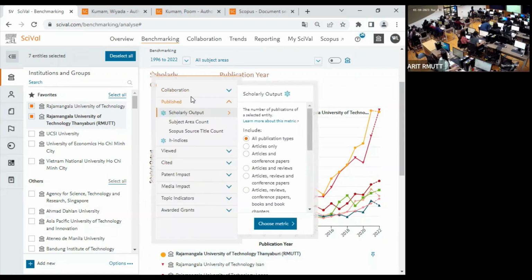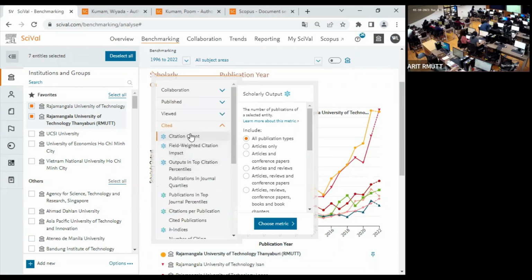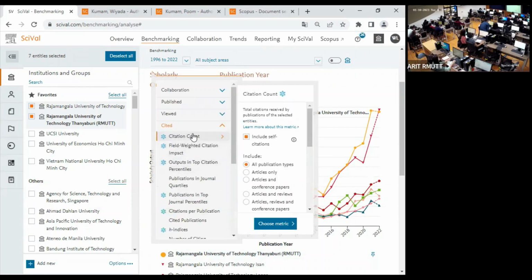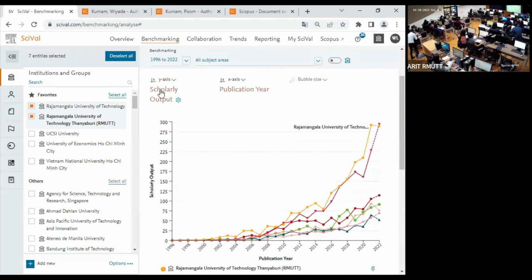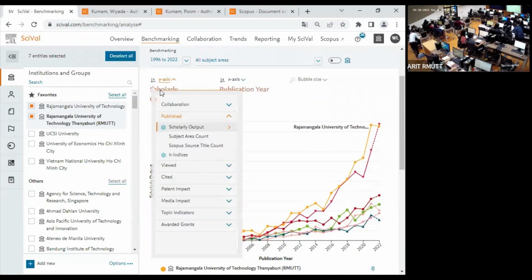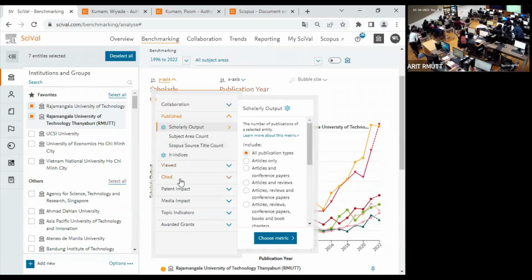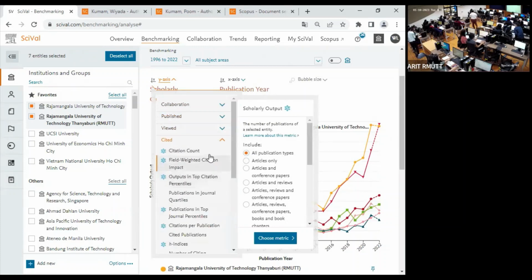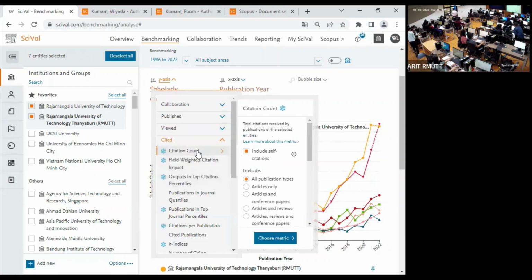So if you want to benchmark by citations, you can change it to citation count, right? You can exclude self-citations here. Right? Let me do it again. Click on the y-axis that you want to change, right? And then select the metrics that you want to benchmark, right? You can select citation count, and then you can exclude self-citations,